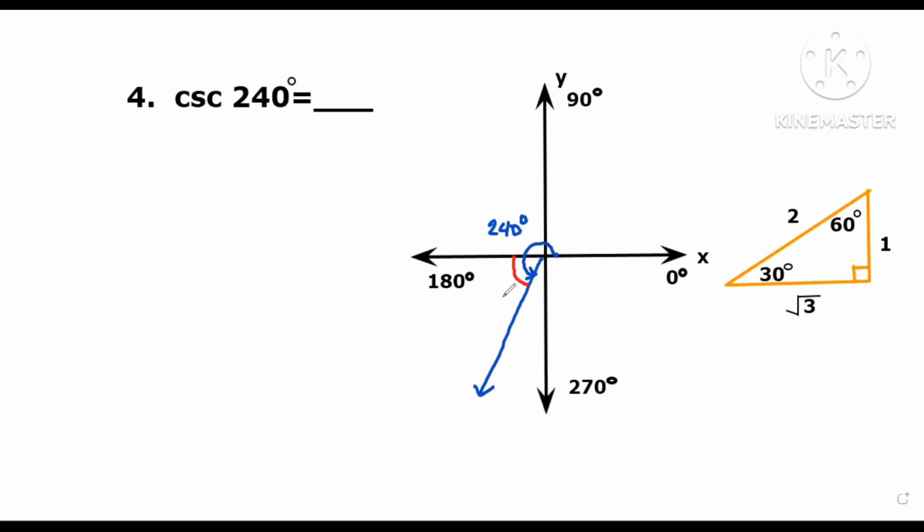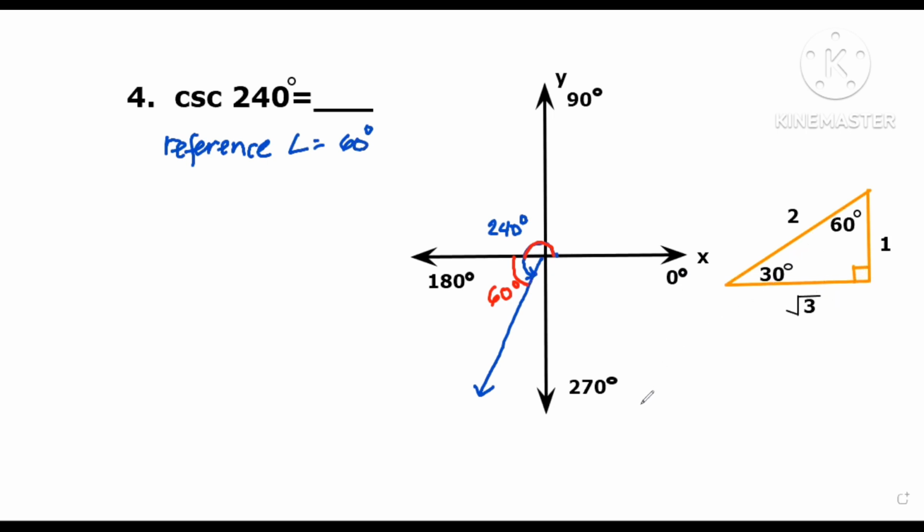And what is the measurement of this angle? So this is actually 240 minus 180, right? Tatanggalin lang natin to. And 240 minus 180 is 60 degrees. So our reference angle this time is 60 degrees. So isulat natin yan dito. Reference angle is 60 degrees. So since our reference angle is 60, we will now go back to our 30, 60, 90